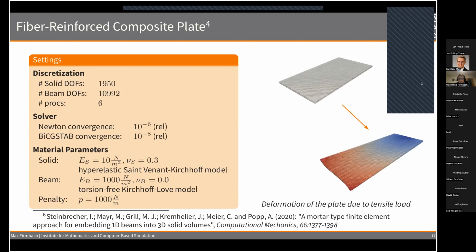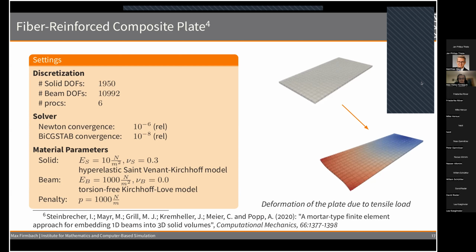So what's next? Another very nice problem is the composite plate. In the problem before, we had a high amount of solid degrees of freedom compared to beam degrees of freedom. And what is interesting for us is what happens when we change that. Composites have this really nice feature that there are a lot of fibers and not a lot of matrix material. So modeling this is quite easy in the sense of you don't need a lot of solid elements to represent your continua, but you have a high count of beam degrees of freedom because of all the fibers that